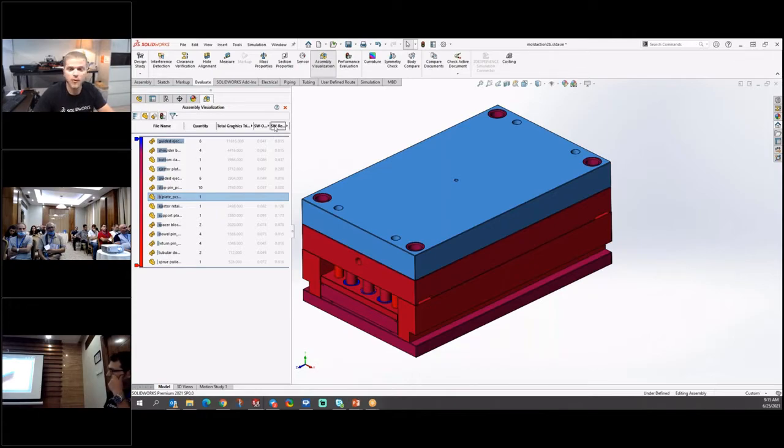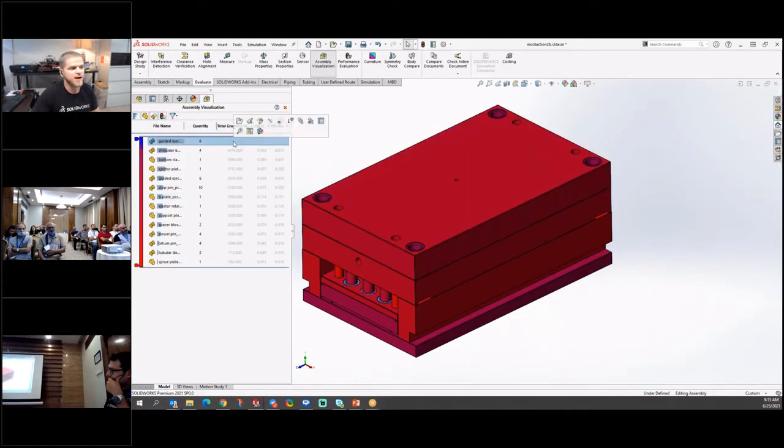Those are all very useful things to know, and they'll help you identify what's going on with your assembly, what in your assembly is making it slow. We've checked everything else. We've checked the RAM, we've checked the BIOS, we got the right card, we reinstalled the graphics card driver, we've done everything else. So it must be the data. It must be your SolidWorks file itself.